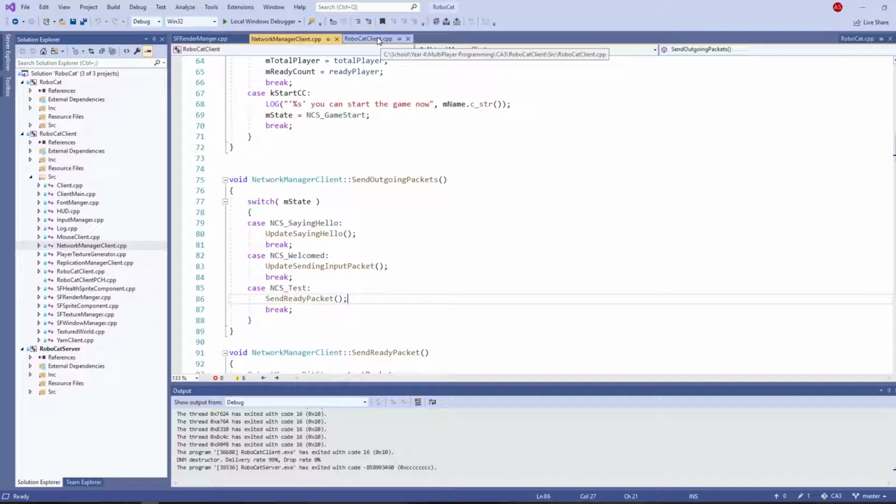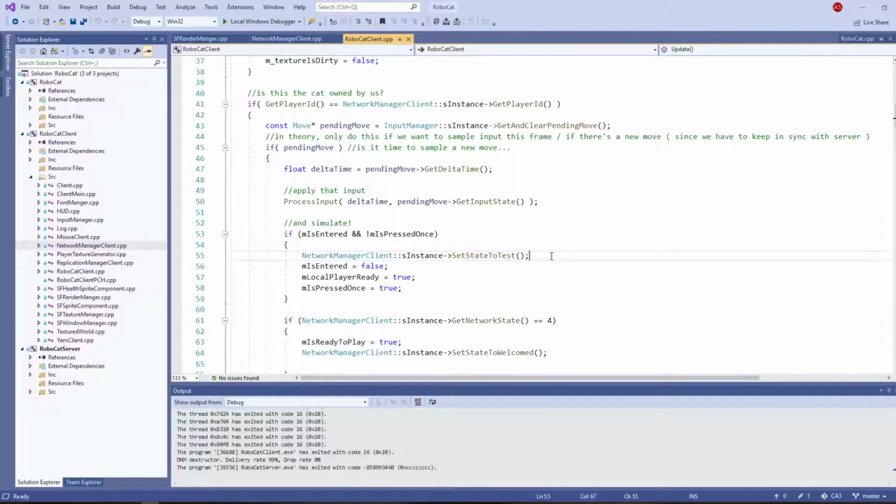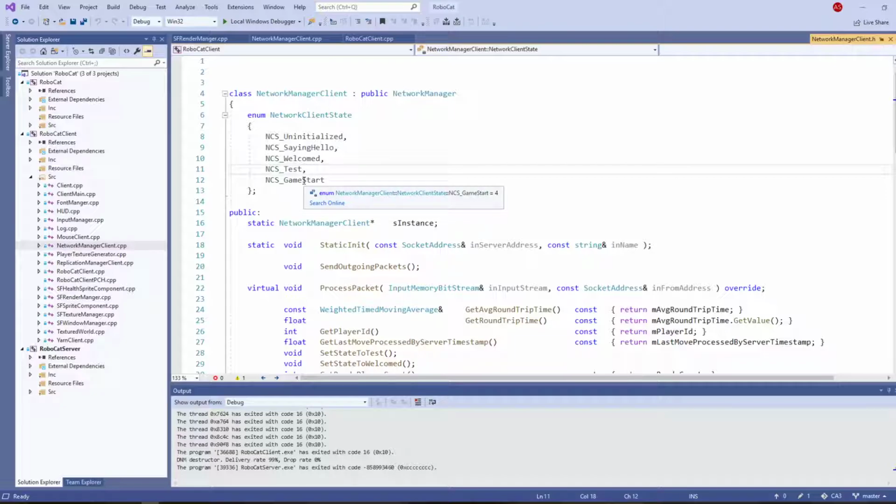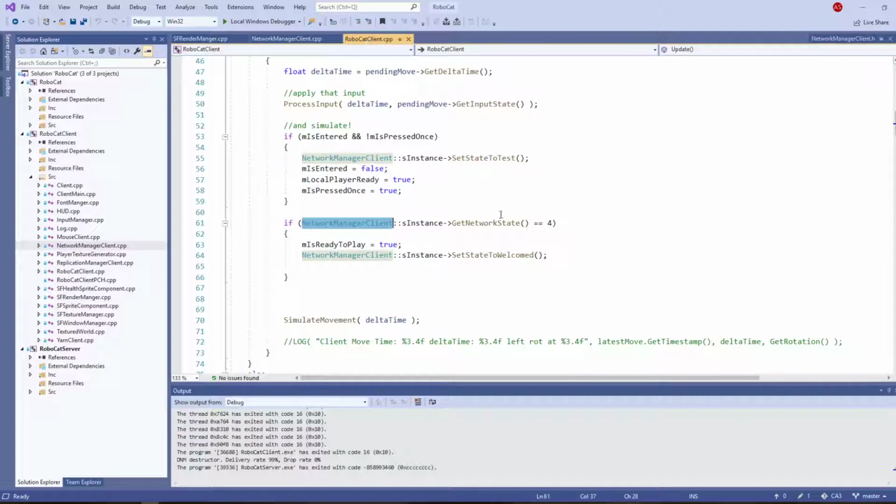But that gets handled in the RoboCat client. So basically, if the network state is 4, which, if I go to the group manager, 4 is the game start. I know this is not the best way to do it, but it checks if the NCS, the net